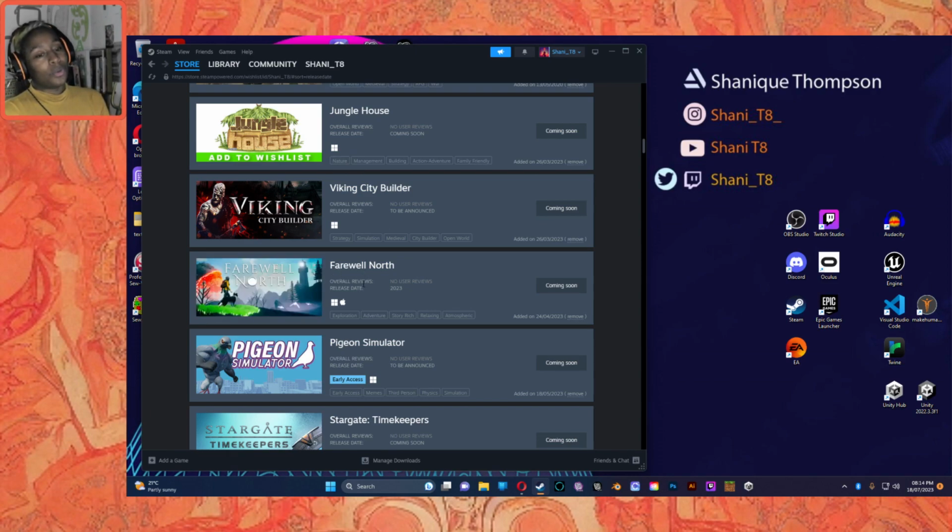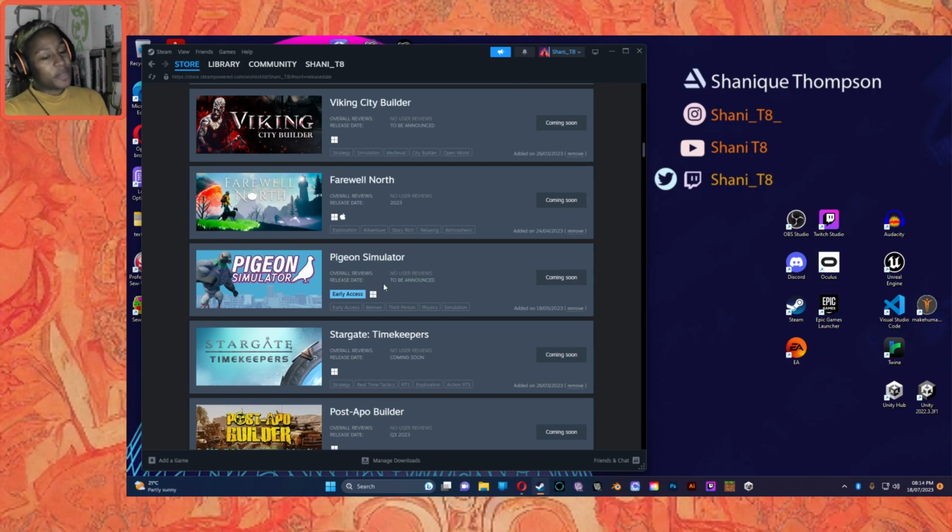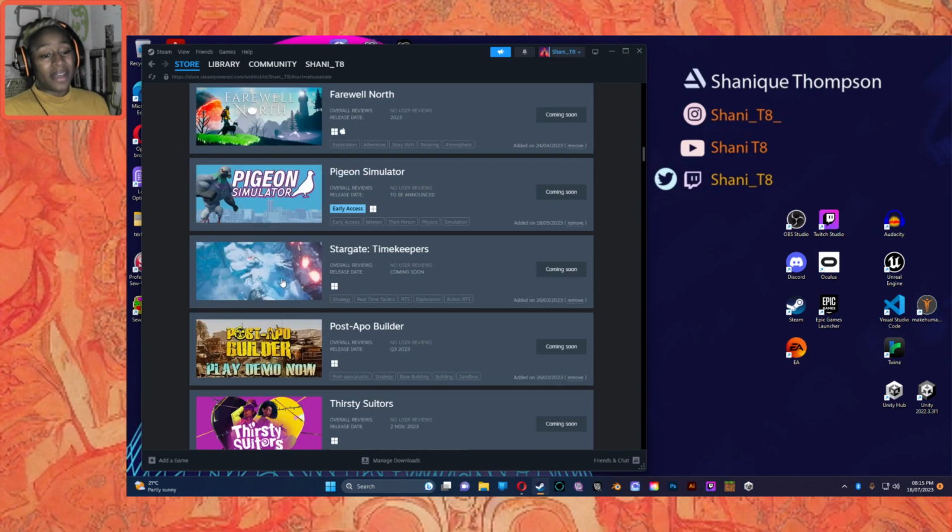I absolutely adore Goat Simulator and probably poured far too many hours into it, but I'm so looking forward to Pigeon Simulator. If you haven't, wishlist. It's going to be amazing. I mean, look at that pigeon. Oh, he's got a top hat, or she's got a top hat. But yeah,